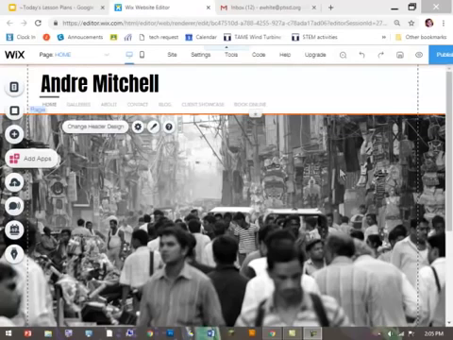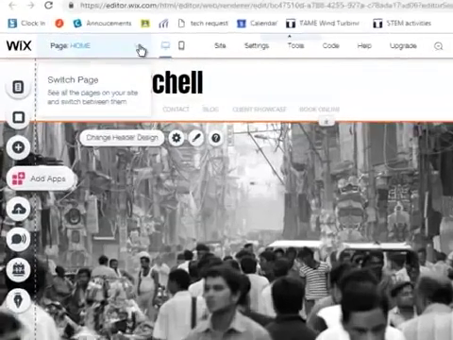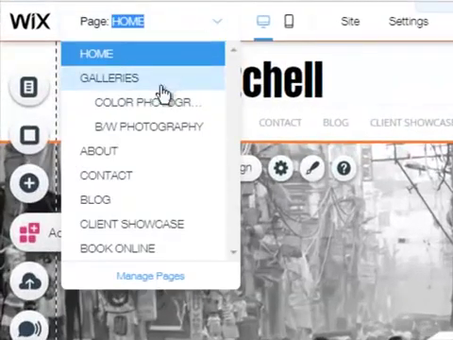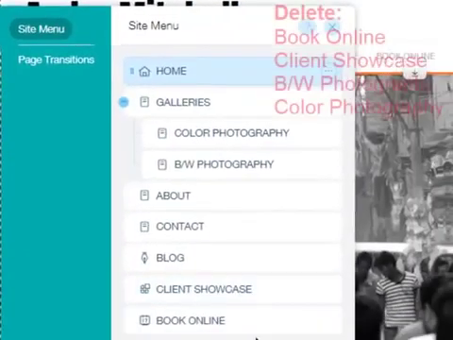To start designing your Wix website, let me first tell you about the navigation. You navigate by going to the page drop-down, and this is how you're going to control your pages. This template has a lot of pages that we want to delete, so let's go to Manage Pages, and